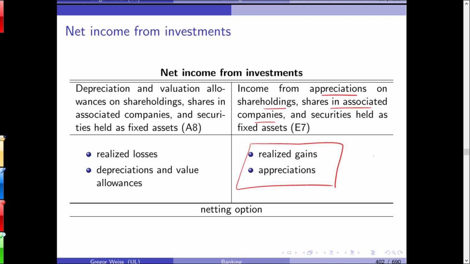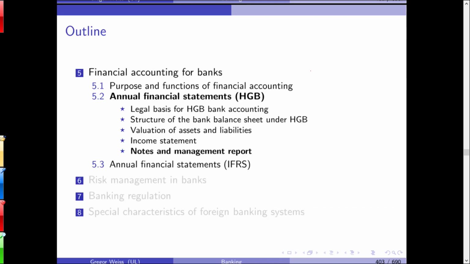So if, for example, a bank buys stocks in Microsoft as a long-term investment and the stock price of Microsoft drops, they will have a depreciation on your investment. They might earn something from that investment, and the result will be the net income from investments. That's quite clear. So that's the income statement. It will look a little bit different from country to country, but in many countries you will see the basic differentiation between interest and non-interest income.